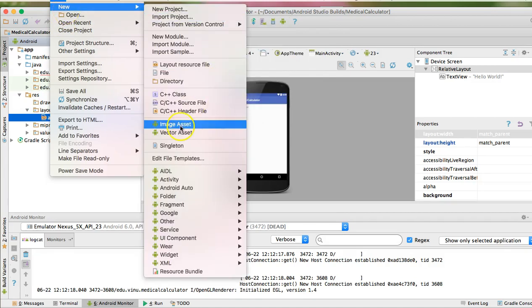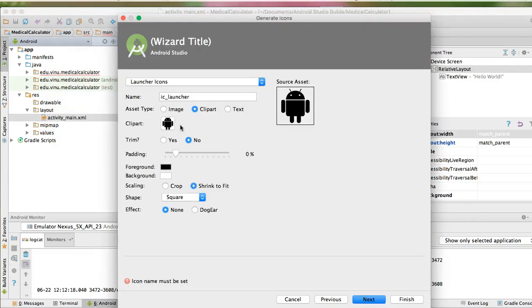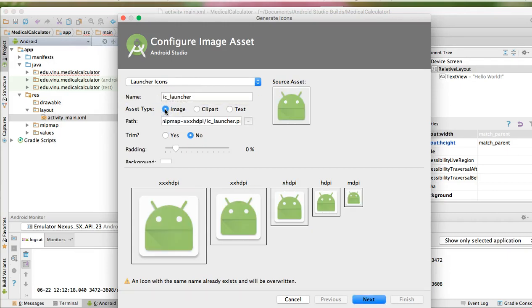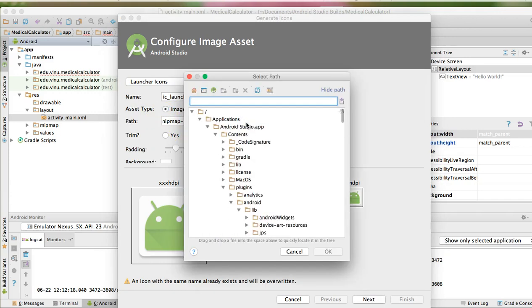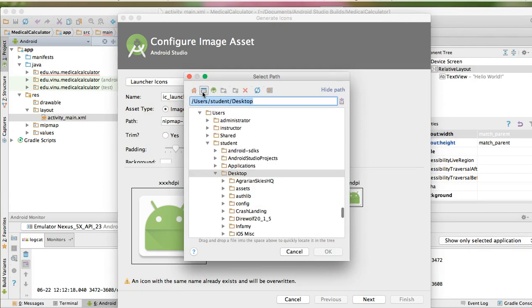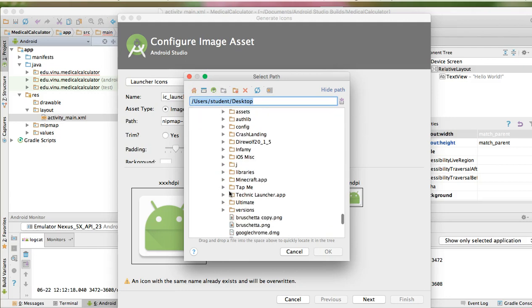So File, New, and then Image Asset. Here you're going to change the type to be Asset Type of Image. Then from there it'll allow you to navigate to where the actual customized image that you want to use will be. And I have mine just thrown out here